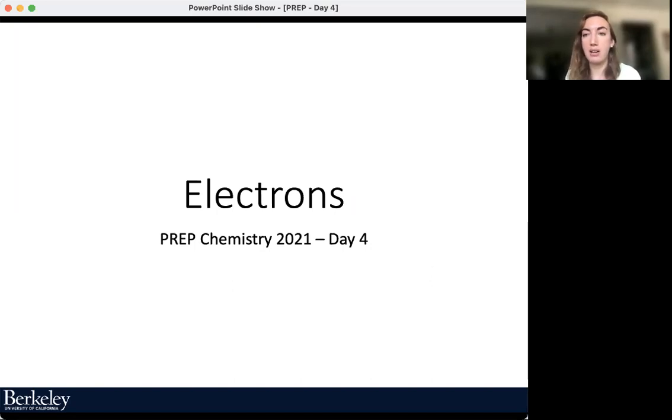Yesterday we talked about nuclear structure, so protons, neutrons, and electrons. And today we're going to go a little more in detail on the electrons, where they are and what they're doing, because that's going to be really critical to bonding and forming molecules and so on and so forth. So just to review what we talked about yesterday,